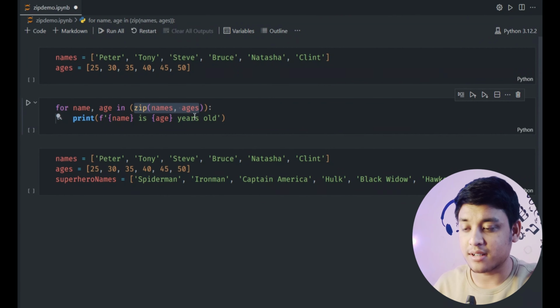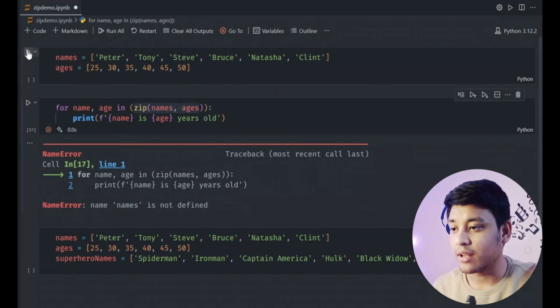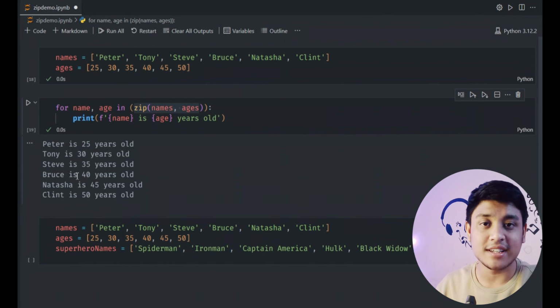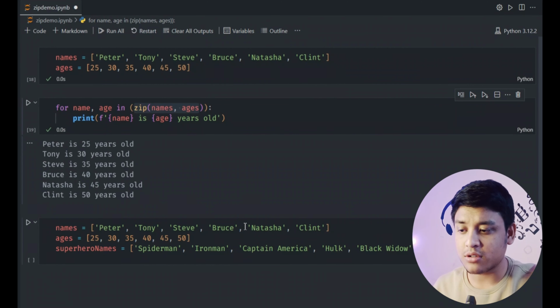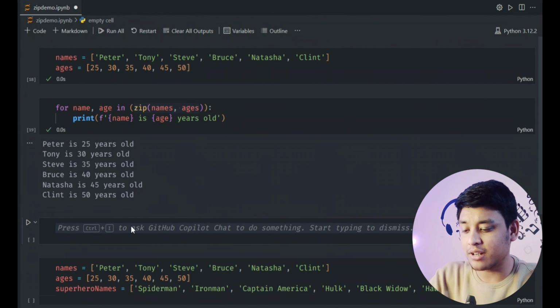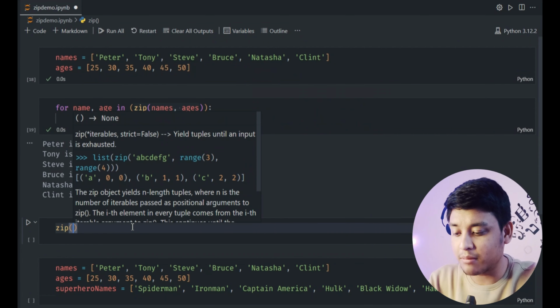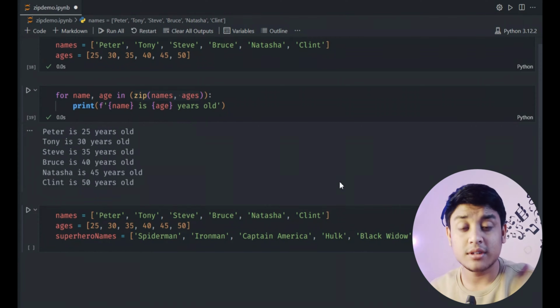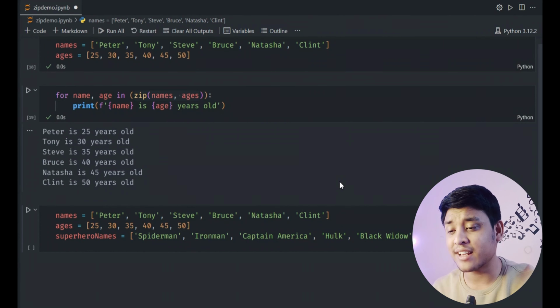This is just string manipulation. So okay, I have to run this first, then run this, and Peter is 25 years old. You see the output, right? Let me also show you what this zip actually returns, so you can have a better idea about that. So zip(names, ages), and if I run that, this zip function is literally returning a zip object